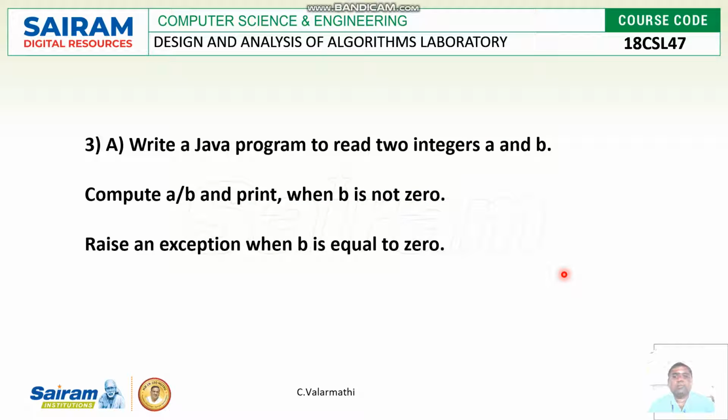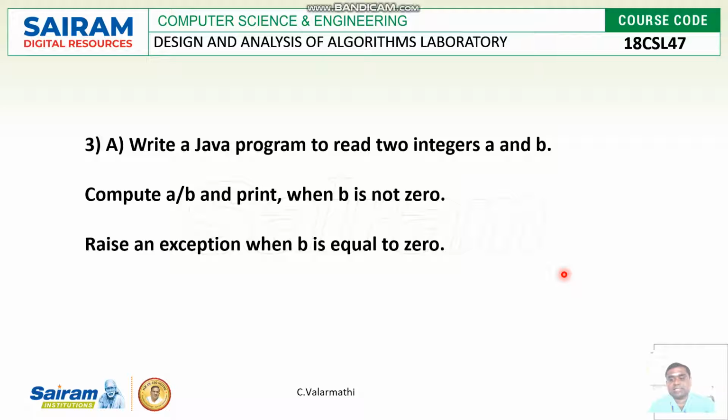So the program objective is we have to compute the division operation, that is A/B. If both the values are non-zero, then the quotient will be the result. If the dividend value is equivalent to 0, then it will cause an error. For example, I am giving two values, one is 4, another one is 2.